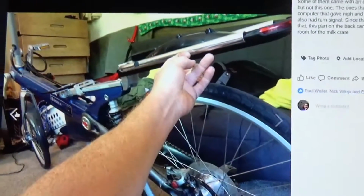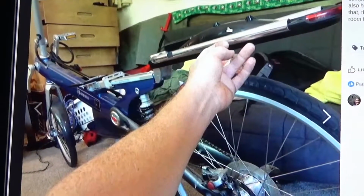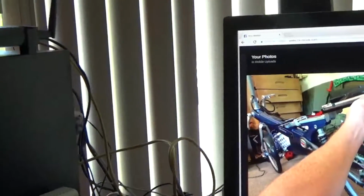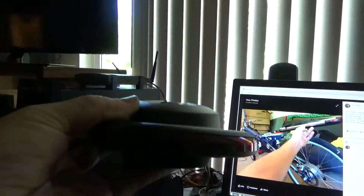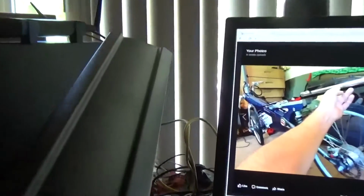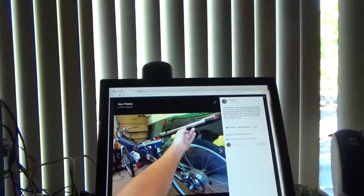So the first thing I did was take that off, and I was left with just the two metal parts and not this big piece of plastic. See if I can show it to you. Here's the big piece of plastic thing. This is the first thing that came off of the bike. Just wasn't necessary. And I was left with this piece, which I temporarily have off the bike, but it's going back on there because I'm going to put my crate back on there. So anyways,